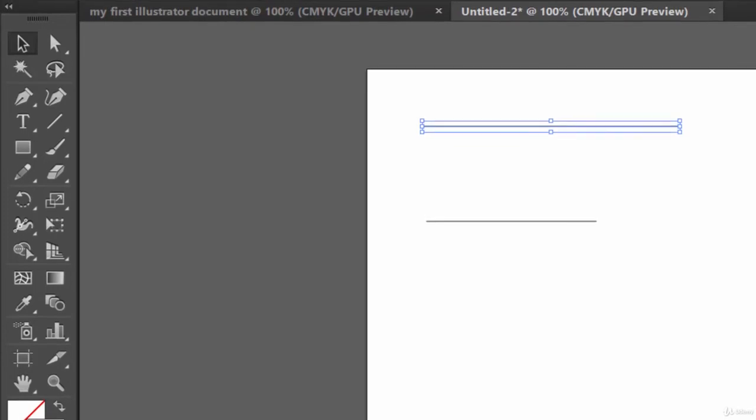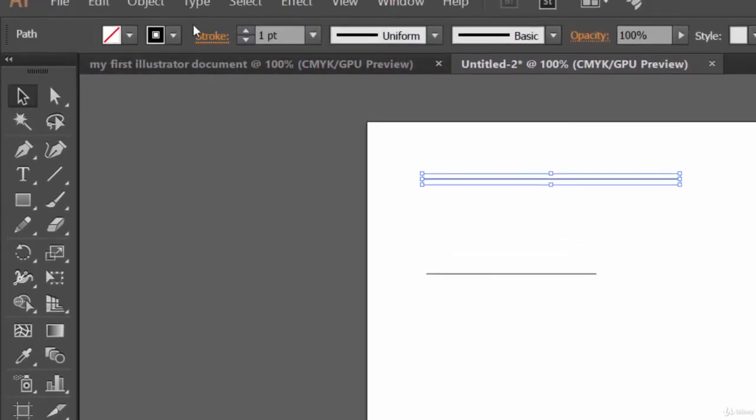See, here at the top we have a stroke option, right? And here it's currently 1 point. You can increase it. See, just like this, right? Okay, so let's leave it for now. So this is just a simple line. How can it be an interesting shape? Well,